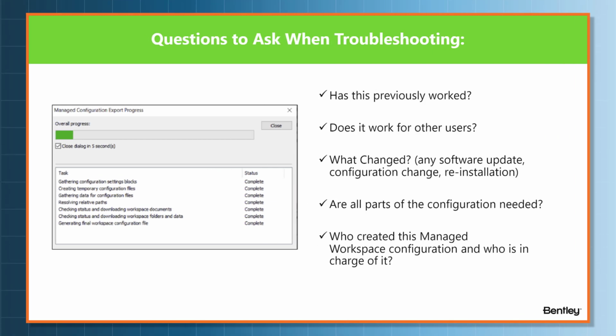This next slide talks about questions to ask when troubleshooting. And on the left is a screenshot of the Managed Configuration Export process when the Managed Workspace loads properly. You can note under status column that everything says complete. And some of the questions that we'll ask are, has this previously worked? As Kasia mentioned earlier, if this is a new configuration or someone's configuring part of the Managed Workspace that has